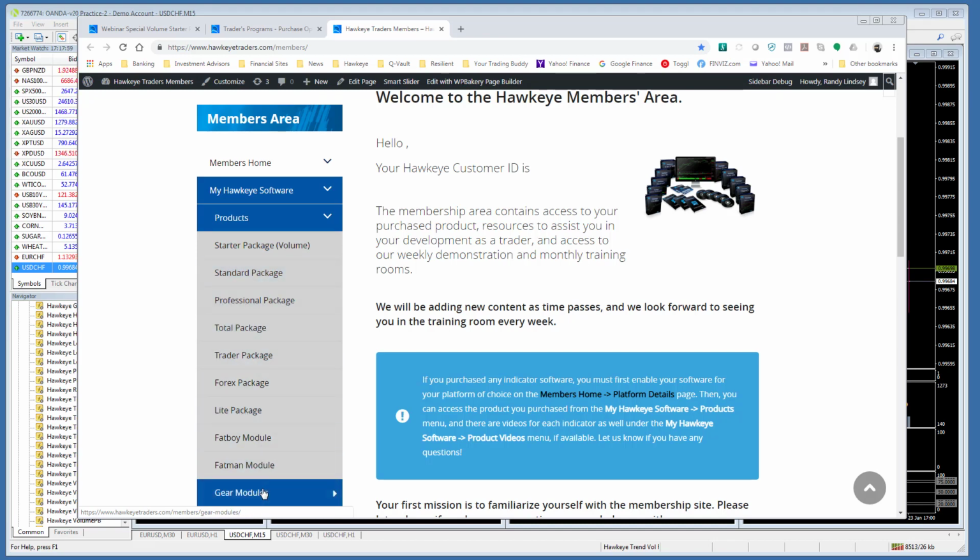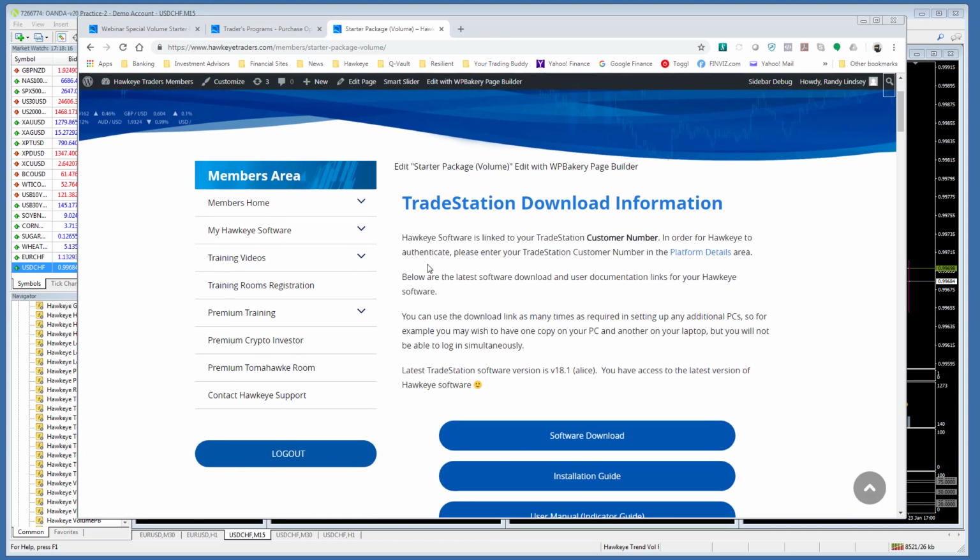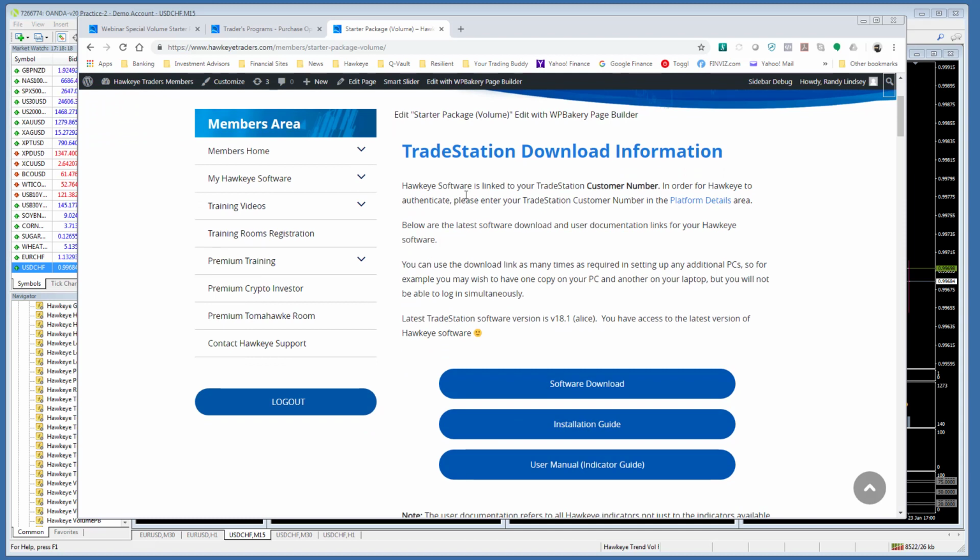But if you did purchase them, then you will see these here as well. You simply click on that and that takes you to a page that enables you to download your software right away. So within probably 15 to 20 minutes after you purchase, then everything should be queued up and ready to go. You'll have information that will give you the ability to download your software, a guide that helps you to